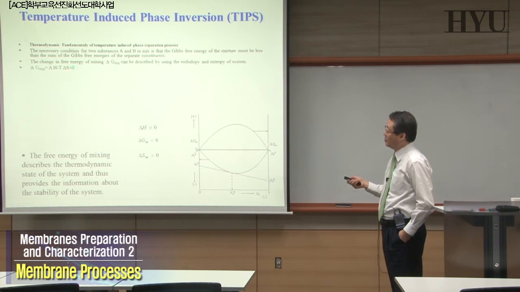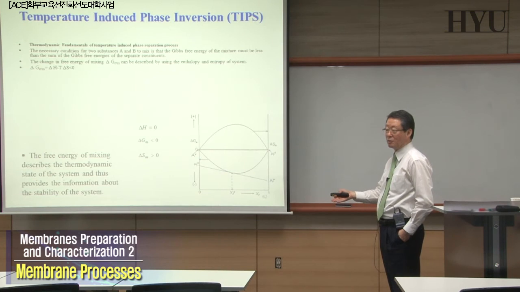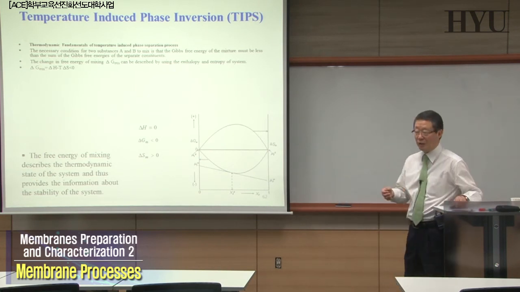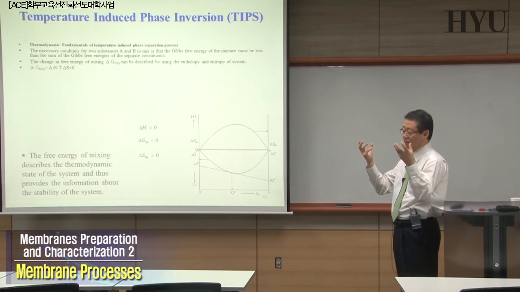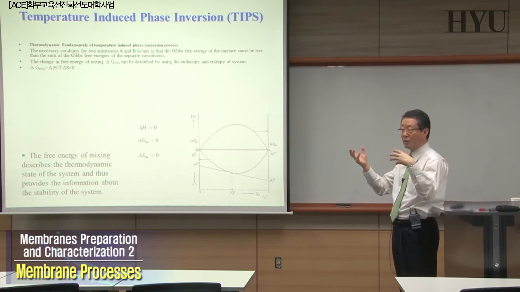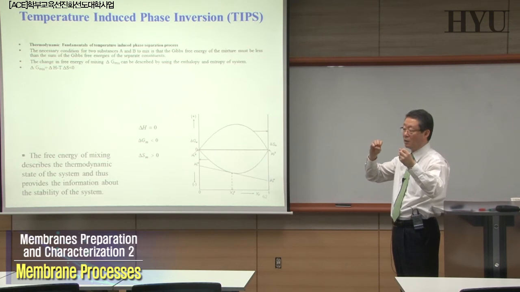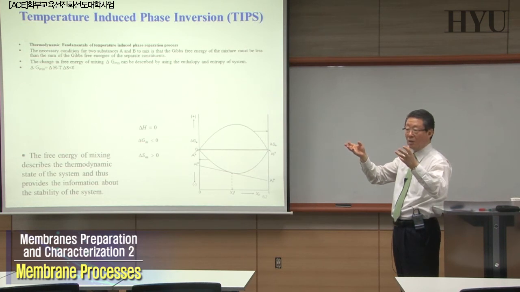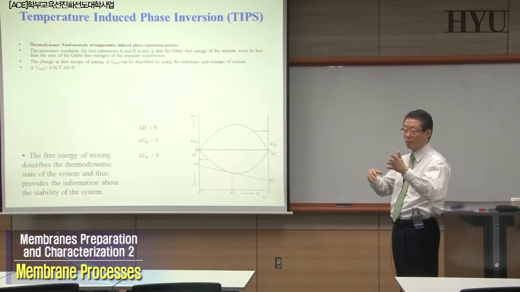negative. In order for delta G to become negative, delta H should be 0 or negative, or as low as possible. Again, when you have high enthalpy changes between the two systems, polymer and solvent, the polymer-polymer interaction and solvent-solvent interaction is high when delta H is high. When delta H is low, then polymer and solvent interaction is high. In other words,